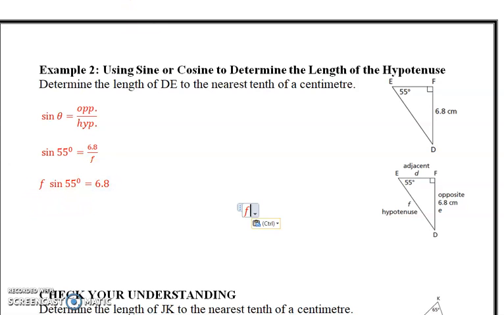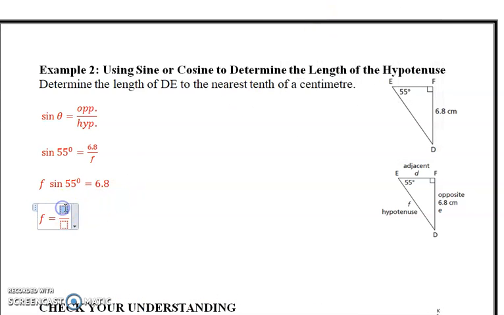f is equal to, we're going to need a fraction because we're dividing this. The numerator is going to be the 6.8, and the denominator is going to be the sine 55. I've just rearranged this, or like I told you in an earlier video, the f and the sine 55 degrees can just interchange positions, whatever is easier for you. On your calculator, make sure you use some brackets here. It's going to be 6.8 divided by, open up your bracket, sine 55, close your bracket,